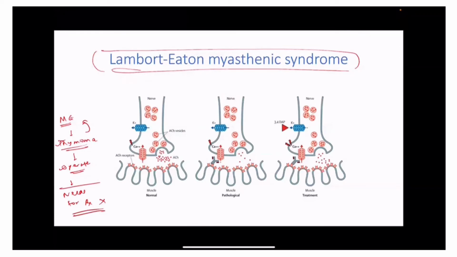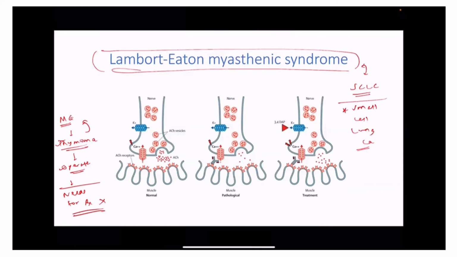Okay. Now this Lambert-Eaton myasthenic syndrome, why is it important? Because a strong association is present with small cell lung cancer. So these two associations you have to remember: myasthenia gravis with thymoma and Lambert-Eaton with small cell lung cancer. In the same way, if you think the patient has small cell lung cancer on biopsy, we look out if he has Lambert-Eaton. And if you find Lambert-Eaton, you look if the patient has small cell lung cancer.